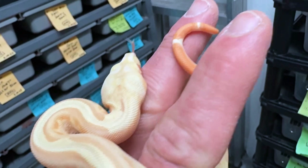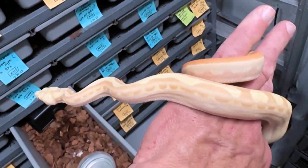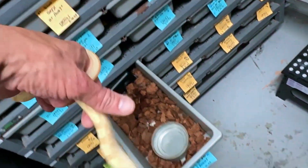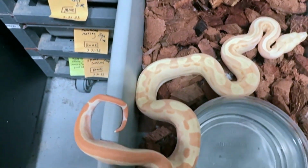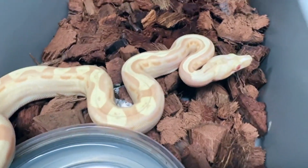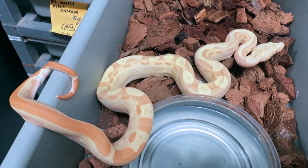This clutch, they're very nice, these boas. They're not nippy. They're very relaxed. And she looks like someone took some turpentine and diluted her coloring, which is really kind of cool. She almost looks motley. There's no motley in this, and that's obviously the Arabesque interacting with the hypo gene. Really beautiful little girl. She's so beautiful that I almost want to keep her. Some really nice coloring. So we'll keep an eye on her. I'm going to put her up for sale though. Let me know